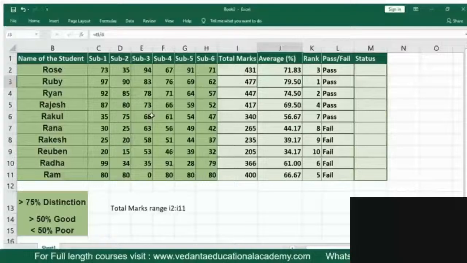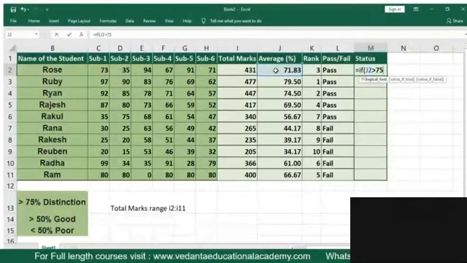simply equals to IF, open bracket. What is the logical test? If the percentage is greater than 75, comma, double quotes open, distinction, double quotes close, comma. See, here the system is asking for the value if false, but here I'm going to